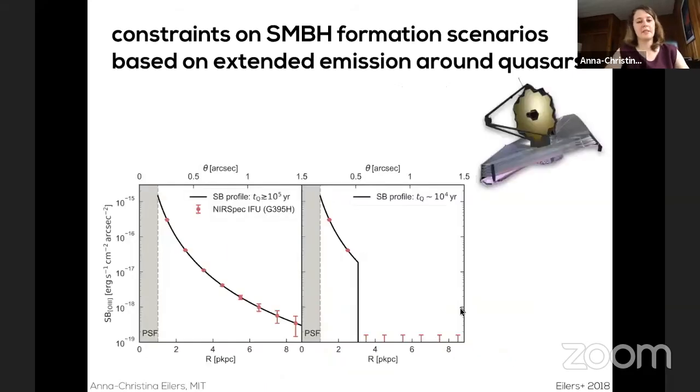And this is something that we believe we can actually observe in the future. If we look at the surface brightness profile of the extended nebular emission lines around these young quasars, or these quasars with small proximity zones, in one case, they would be more extended if we actually have obscuration happening, or in the other case, it would be truncated if the quasar has actually just turned on.